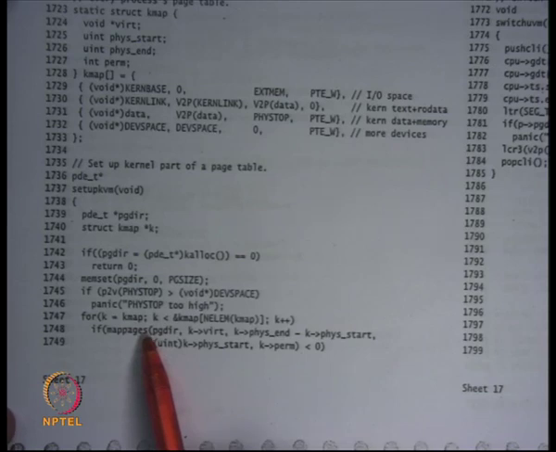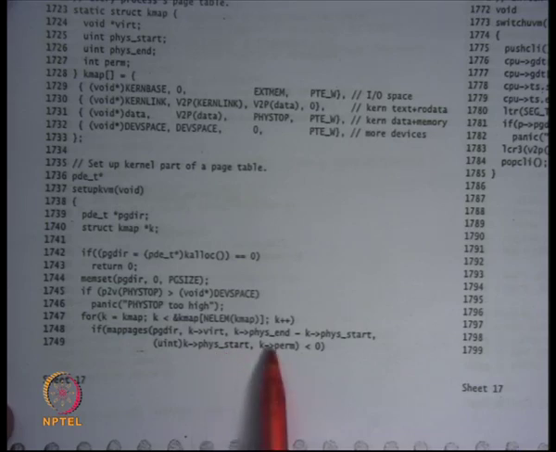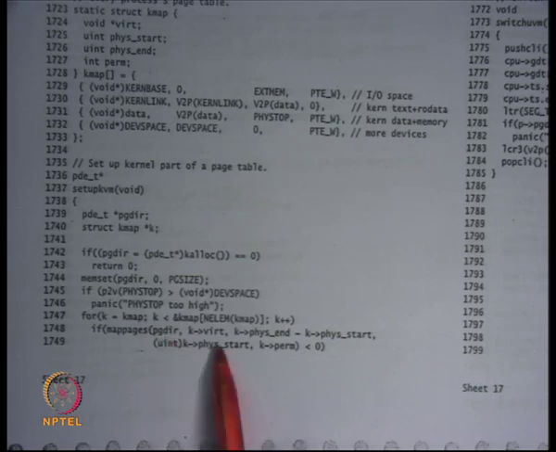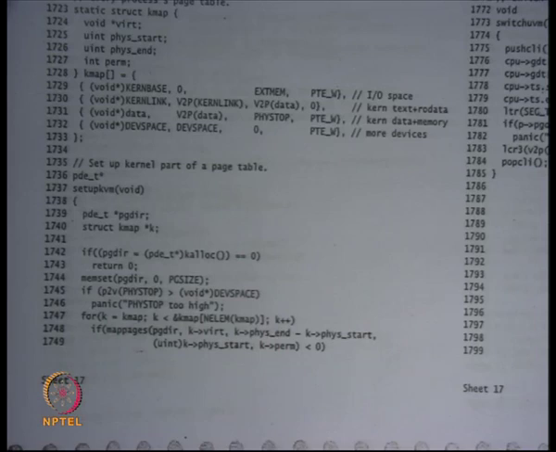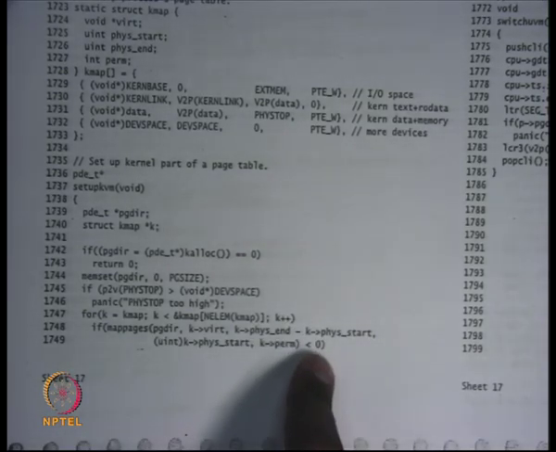So what map pages is going to do is it's going to create these mappings. Map pages takes an argument, a virtual address, the corresponding size, which is given by physend minus physstart in the kmap structure, the corresponding physical address at which it should be mapped, and the permissions with which it should be mapped, right? So it first takes the page directory in which it should create the mapping. It assumes that the page directory should already be created, the virtual address, size, physical address, permissions, and if it succeeds, then it will return a non-zero, a positive value, greater than or equal to 0, otherwise it will return a negative value. What are some reasons for why it can fail?